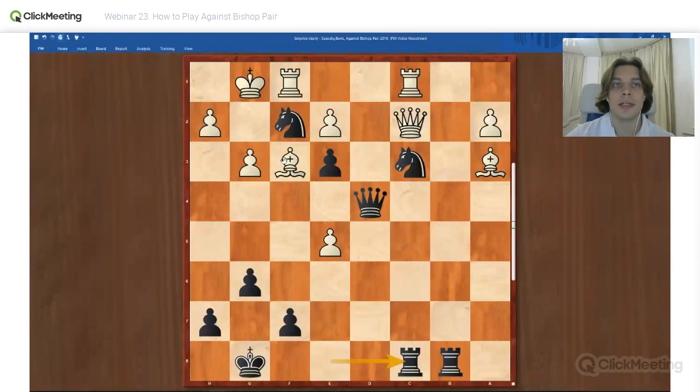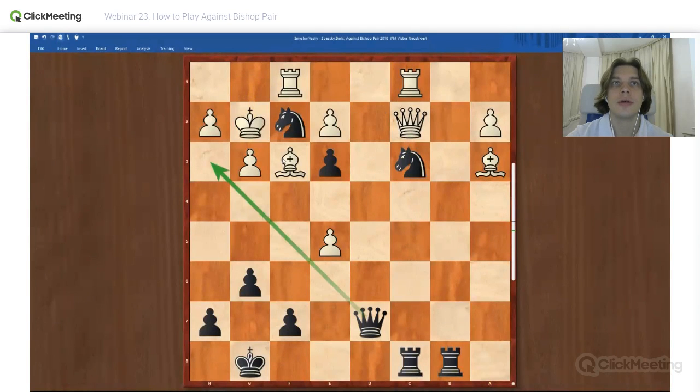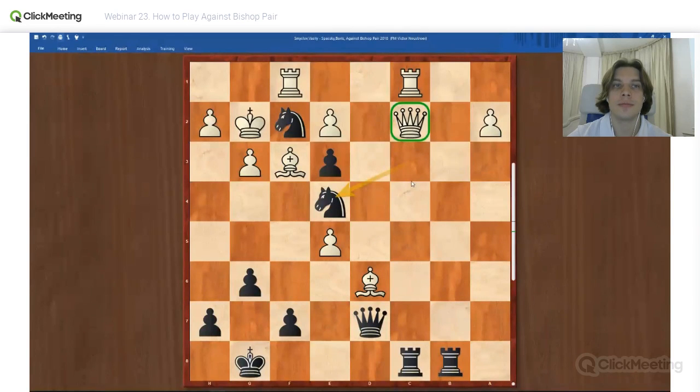So bishop f3 was played in the game, queen d2, king g2, queen d7 to get the queen to h3, bishop d6, knight ce4, attacking the queen. What do you think? What now White should do in this position? How to play? The queen is hanging. What can he do? Move the queen, but where to? Looks like the queen is trapped.